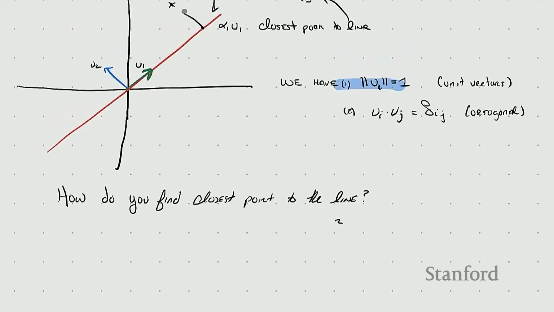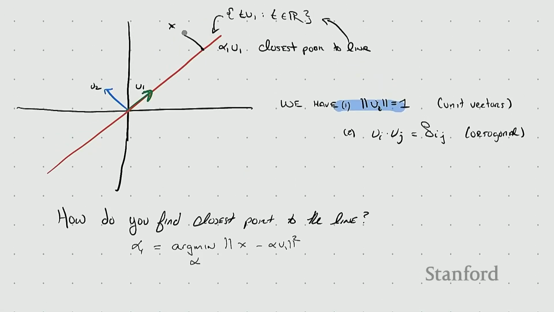Just to remind ourselves, how do we do that? So alpha 1 is going to be equal to the argmin, this is just rewriting what I said, over all alpha, such that we have here ||x - alpha u1||^2. The square just makes our life a little bit easier mathematically. Squares of norms are just easier to work with. It doesn't really make any difference in the underlying piece. But this is just saying among all the